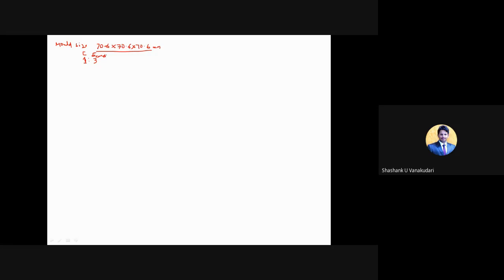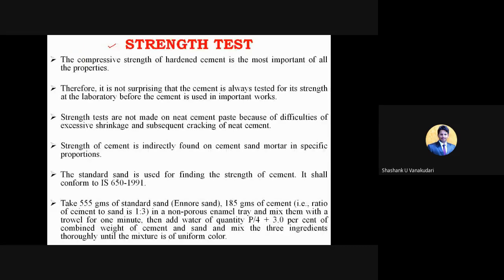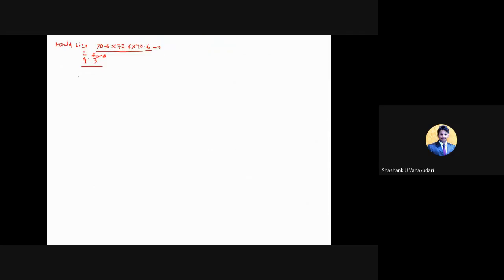So I'm writing with the mouse, so the letters won't be proper, just understand the concept. So 1:3 now. For example, here they have given the known quantities of the cement. So how much do they need to consider? You can take any proportions, but as per laboratory considerations, here we can take 200 grams of cement, and what will be the quantity of the sand here?